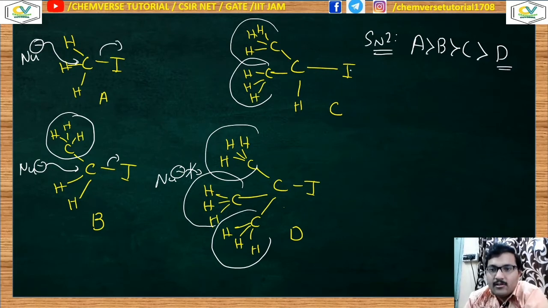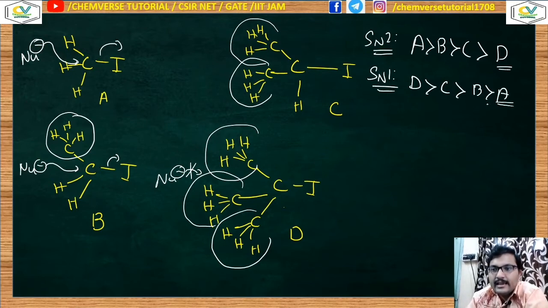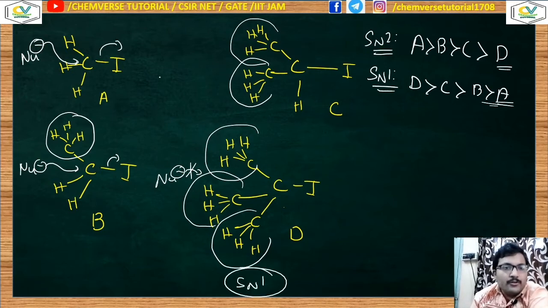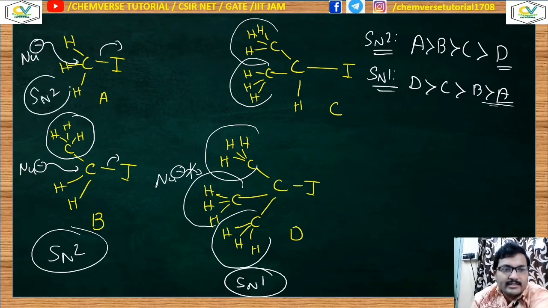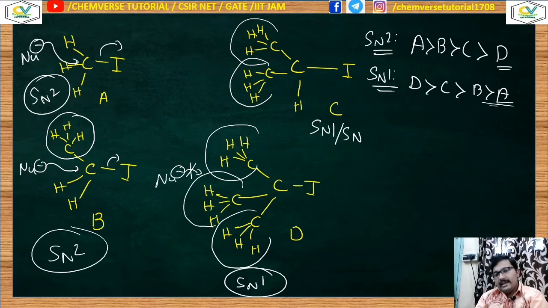And if I recall the reactivity of SN1, it is just the opposite order. For A and B, practically no SN1 is occurring. So from this idea, what I can say is that for tertiary alkyl halides, the SN1 reaction mechanism is feasible. For tertiary, only SN1 is feasible. For a primary alkyl halide like this, SN2, and for a methyl alkyl halide, we can think of it as a 0 degree alkyl halide, so in these two cases SN2 is feasible. But for C, it's a borderline. It can follow SN1 and SN2 both, depending on other factors.